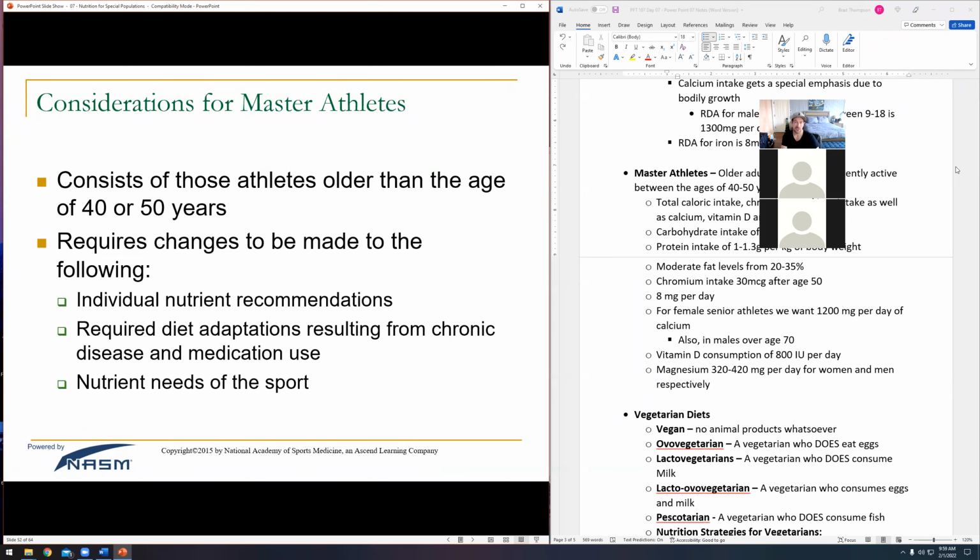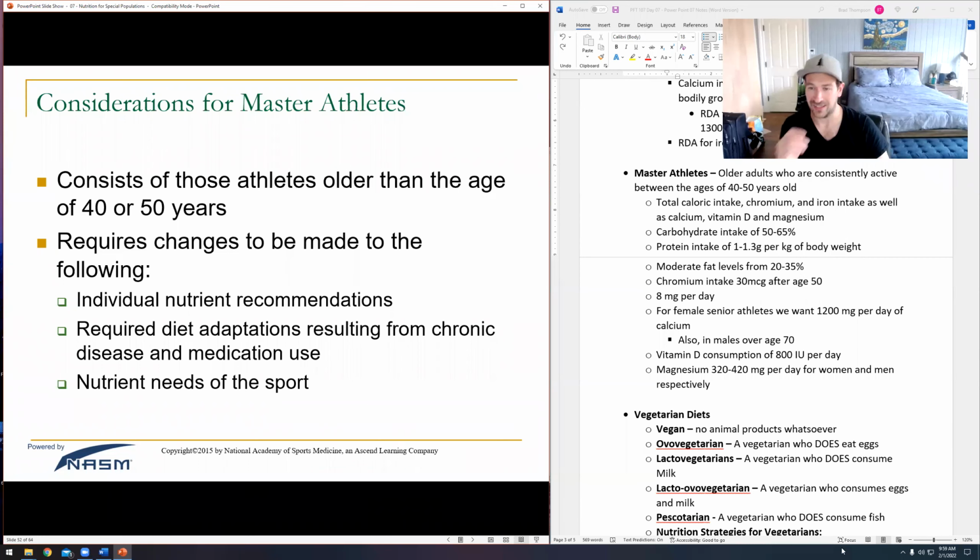I'm good. All right, let's talk about master athletes, which is the greatest name. When I'm older, I want to be considered a master athlete. This is a senior. We're talking about senior athletes, older folks who are still engaging in physical activities. That old guy on the basketball court that maybe isn't as fast as he used to be, he doesn't run quite as hard, but he just knows how to play defense. He knows how to herd you into the corner because he's got decades of playing pickup basketball. Knows how to posture up and you just can't get around him. That's a master athlete, right? So somebody in their 40s, 50s, maybe even older, right?